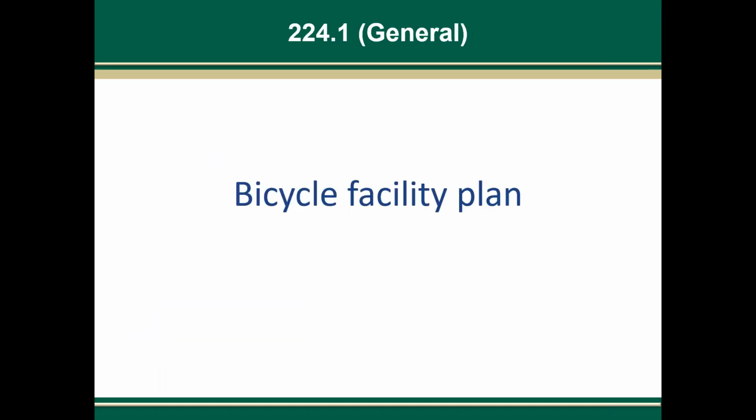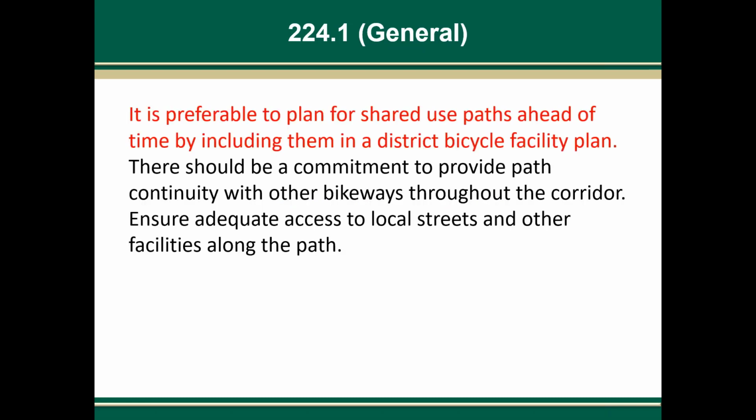The first change that is addressed is in Section 224.1, or General, where we talk about bicycle facility plans. The new text is here in red. It says it is preferable to plan for shared use paths ahead of time by including them in a district bicycle facility plan. So that's new text, as we previously haven't referred to bicycle facility plans before, but what we're